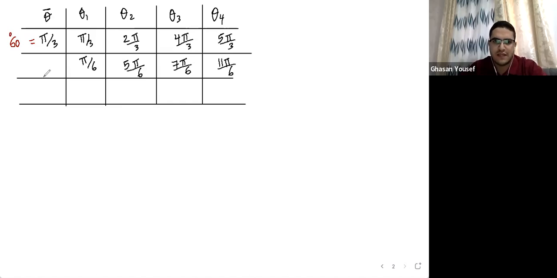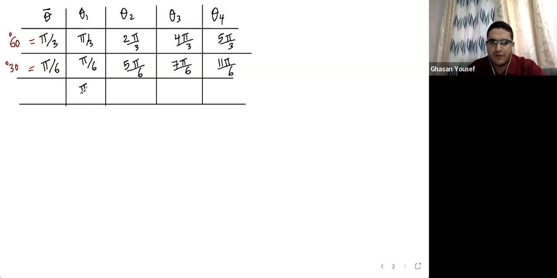All these angles have the same reference angle, pi over 6. The reference angle is the acute angle between the terminal side and the x-axis. Again, this is 60 degrees, this is 30 degrees. Why? 180 over 6 is 30. And the last angle